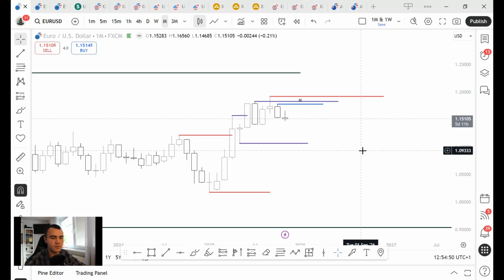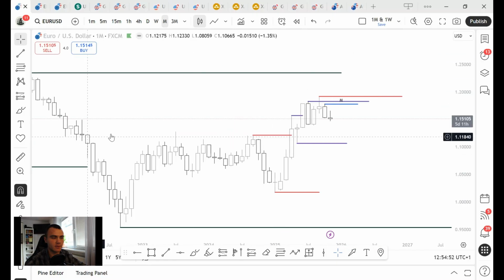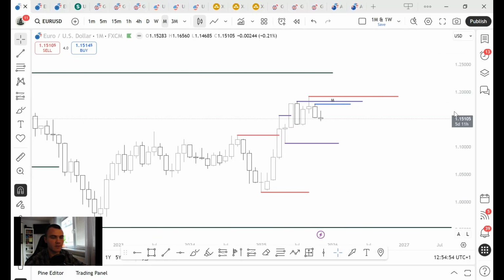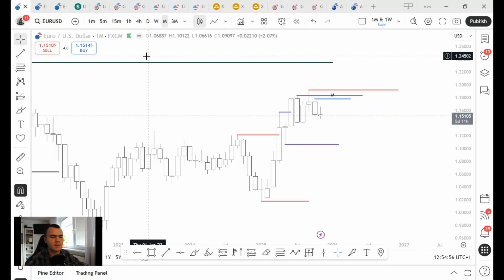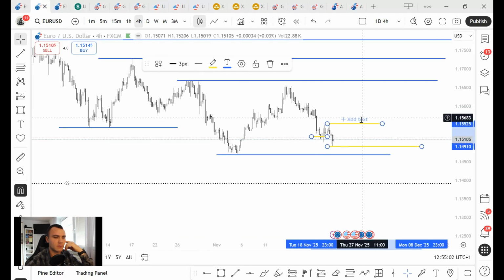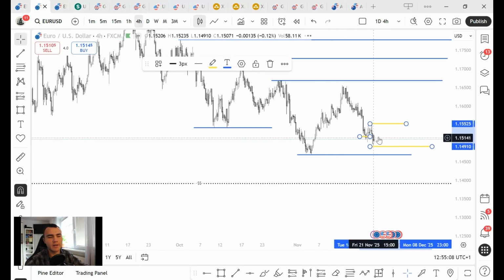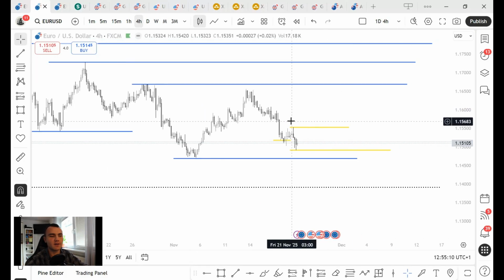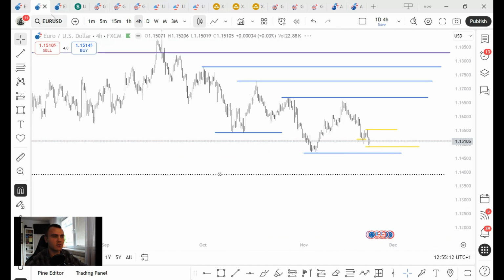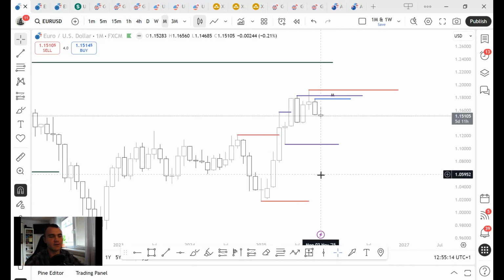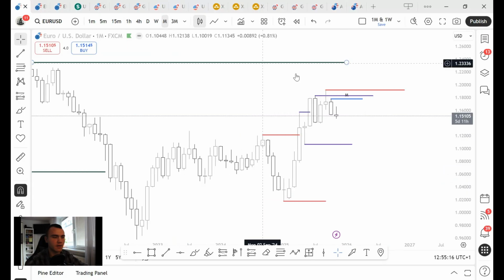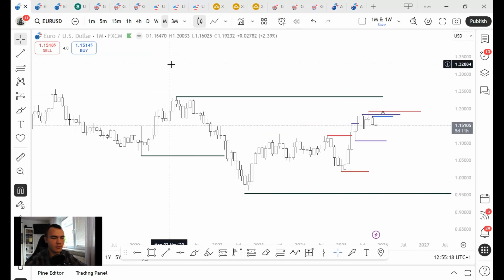Now you're going to see me drawing things a little bit differently than usual, because this week it was difficult to see the market clearly. So now I simplified a little bit. So now we look